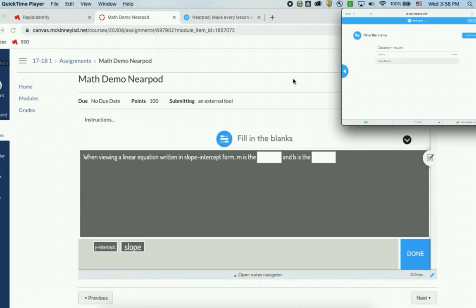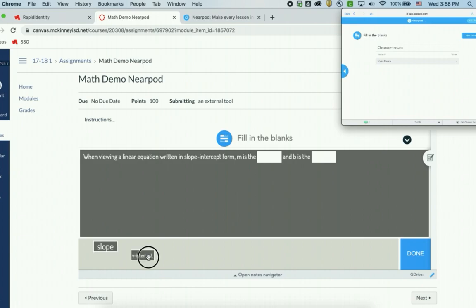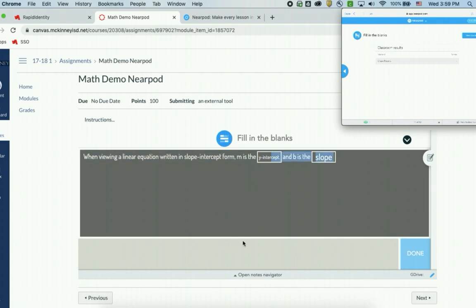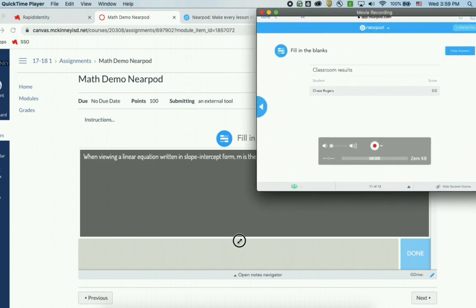So this feature is a fill in the blank. And the fill in the blank is really like a drag and drop for words. So what the student can do is they kind of have like word banks down here, and they're supposed to drag these over. I'm going to do them incorrectly just so we can see what happens. And if I click done, I don't get a chance to do it again. Let's see, maybe if I click close, maybe, nope. So the student doesn't get a chance to do it again,